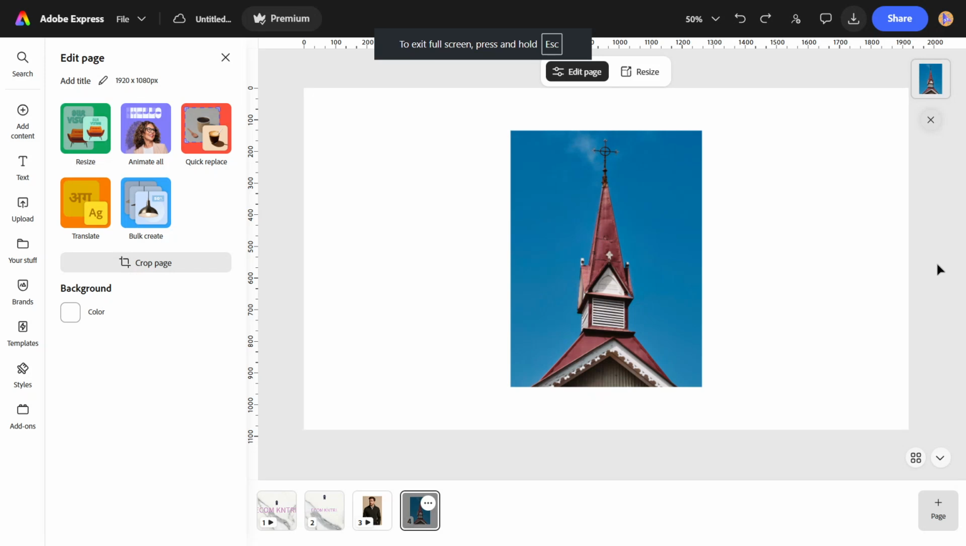In today's video, I'm going to teach you how to replace an image in Adobe Express. If you're updating a design and want to swap out one photo for another without rebuilding the whole layout, Adobe Express makes that process quick and simple. In this walkthrough, I'll show you exactly where to click so you can replace an image inside your existing project